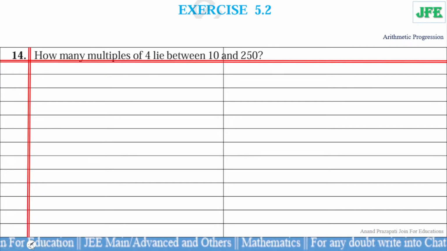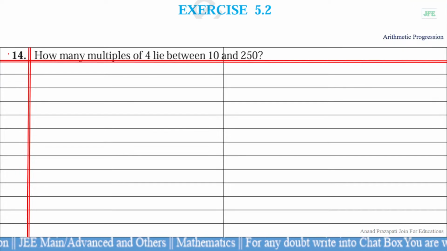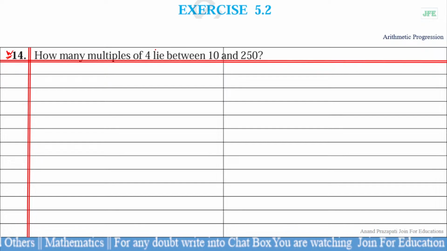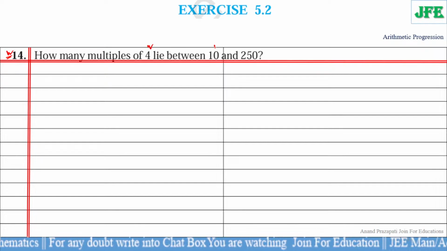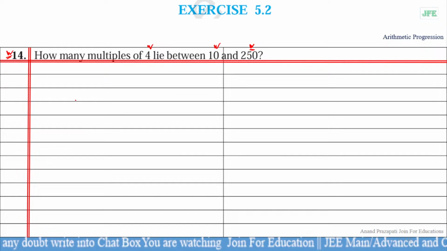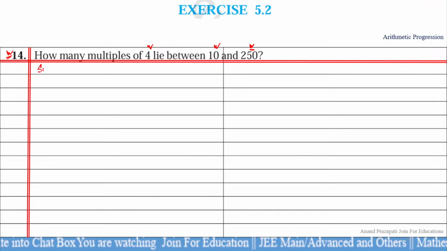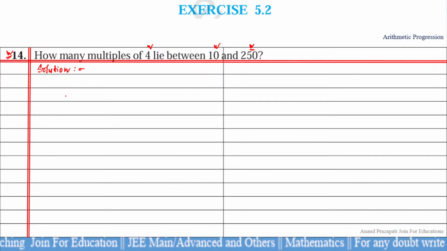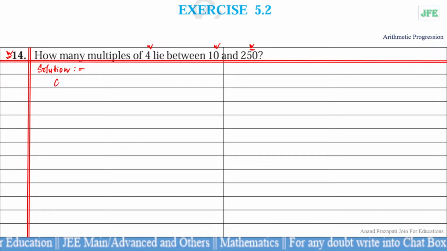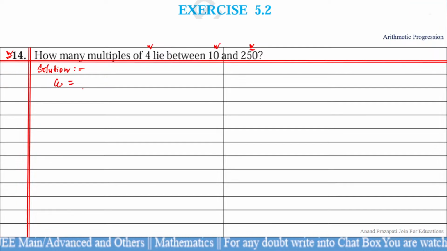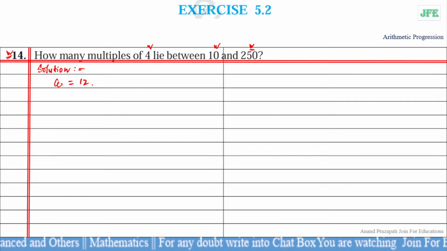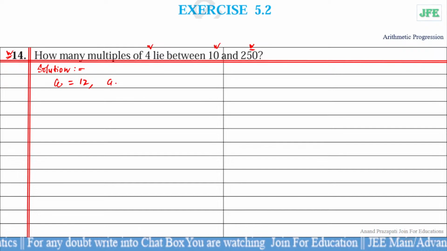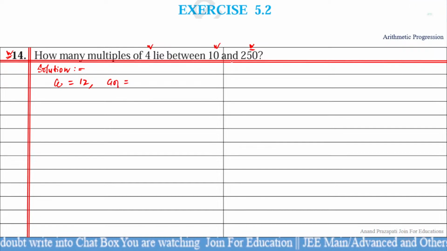Let's see question number 14. Question number 14 is saying, how many multiples of 4 lie between 10 and 250. So let's see the solution of this question. Here the first term, which is generally denoted by a, is 12, which is a multiple of 4, and suppose the nth term is